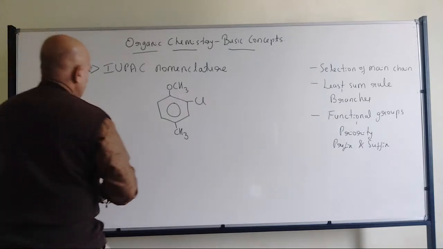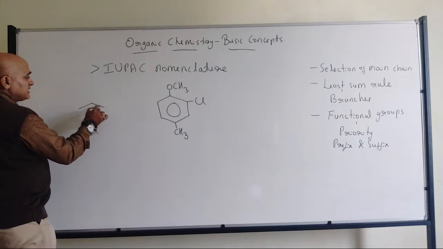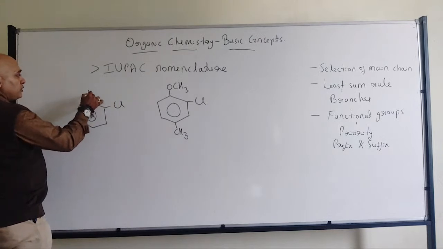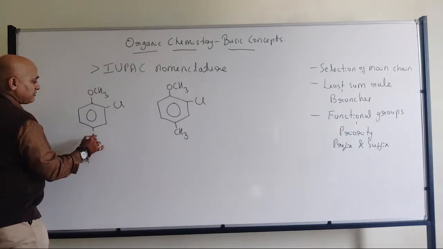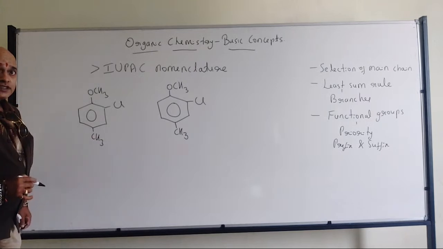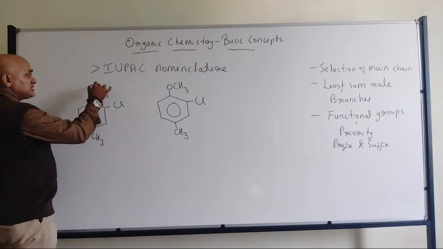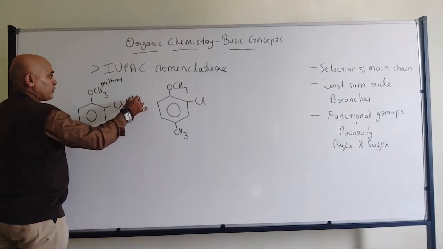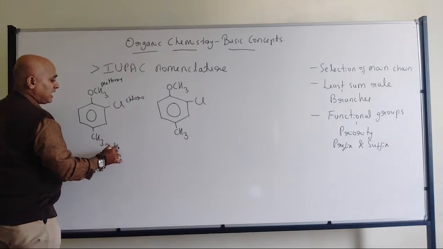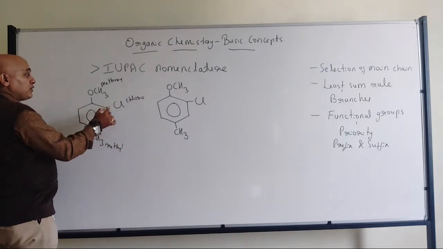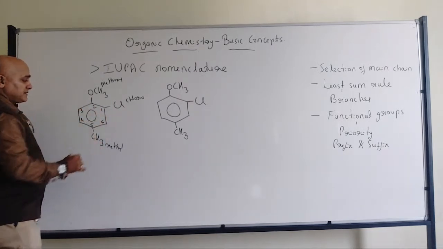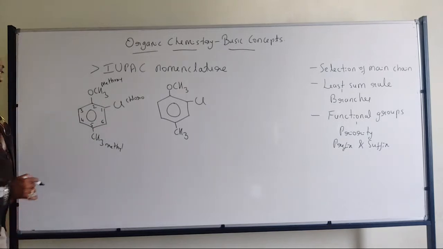Okay. So now when I am numbering this particular thing, we have Cl, OCH3, then we have the CH3. Now some students think alphabetically: this is chloro, this is methoxy, and this is methyl. So they think that chloro comes first, alphabetically, and number 1, 2, 3, 4, 5, 6. So that's how they are going to give the numbering. This is actually wrong